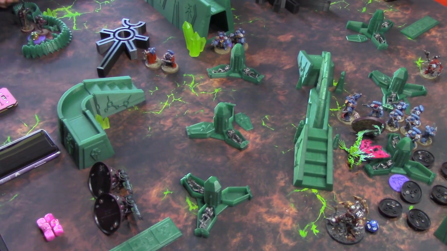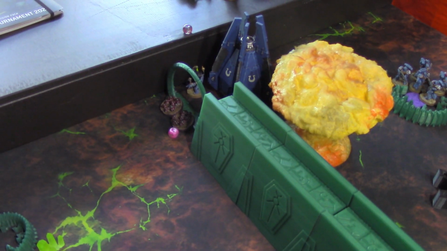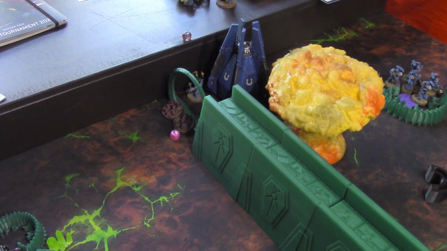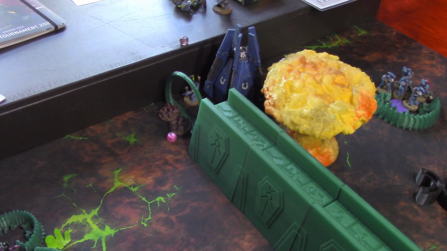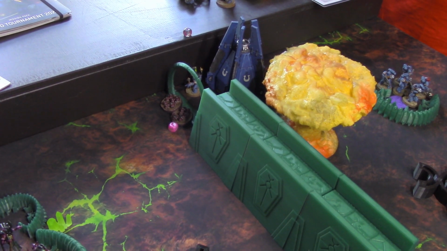Alright, Necrons, turn 3. We never resolved that combat. So we forgot to resolve the combat in the little corner there because we were focused so much on Calgar just punching the Satan to death. So we're going to do alternating activations and see if the Scarabs can wipe out the Lone Devastator. So looking for